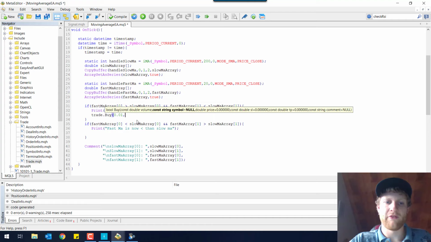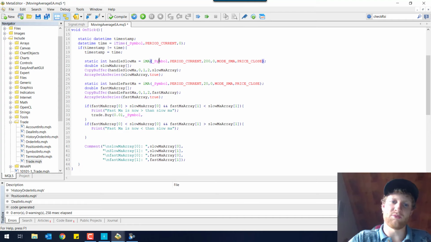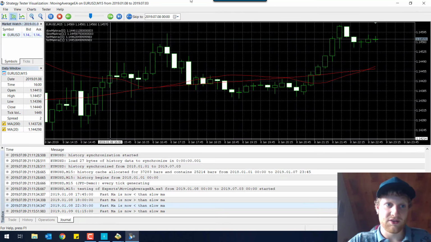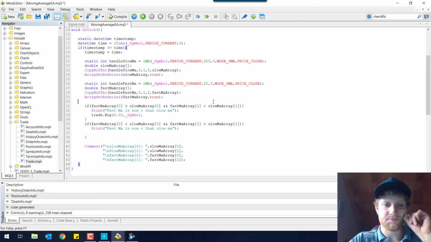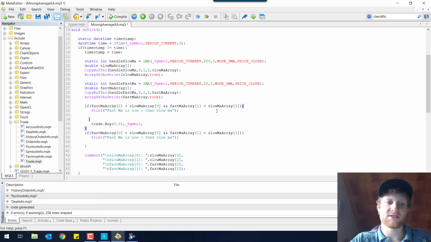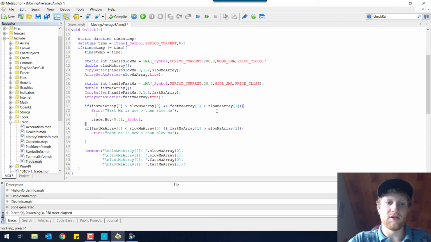Then we have to provide a symbol. We can use _Symbol again, like we did here for the iMA call, which will just add EURUSD for this EURUSD chart. And then we have to provide a price. If we want to buy, we simply use the ask price, and we can receive the ask price of the current symbol by using